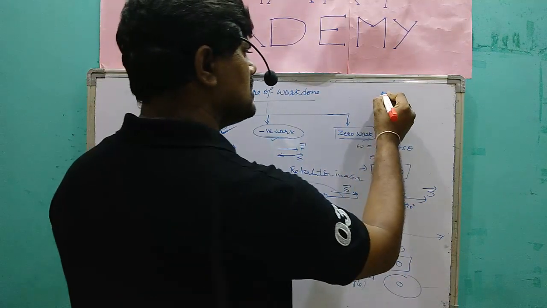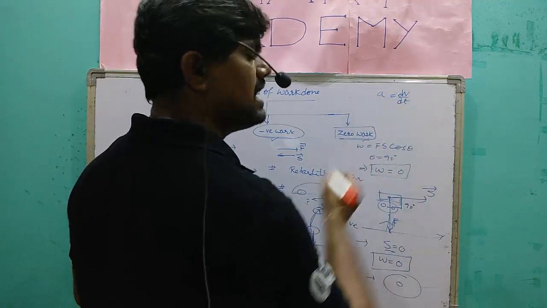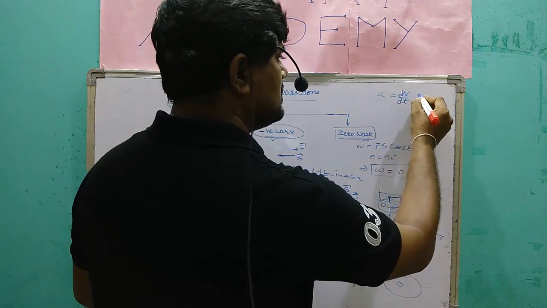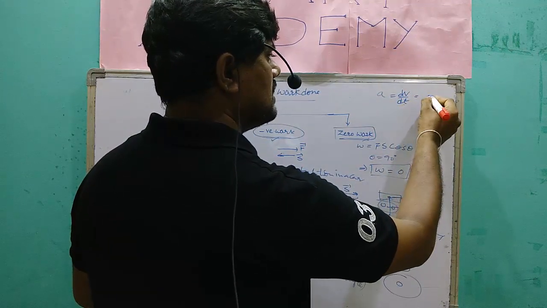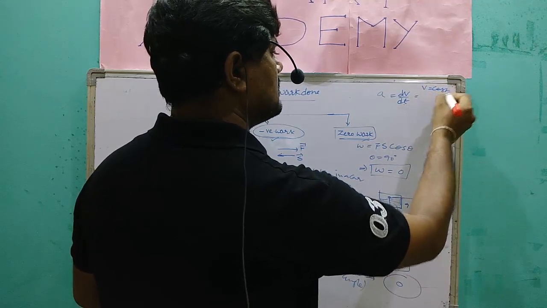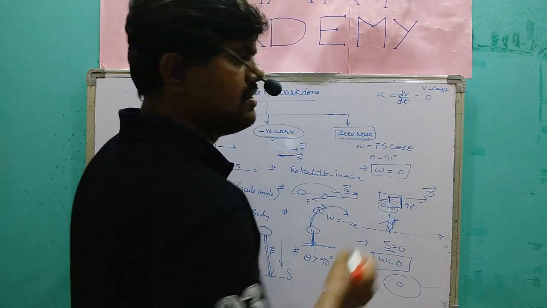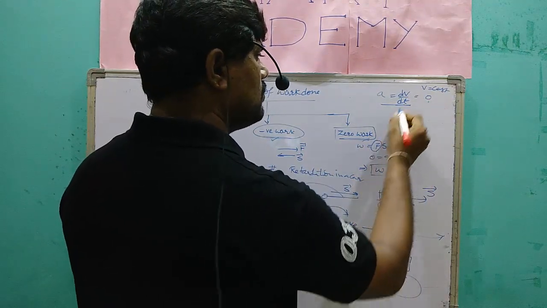What is acceleration? a = dv/dt, the rate of change of velocity. When velocity is constant, differentiating a constant with respect to time gives 0. So v is constant, and acceleration becomes 0 here. When acceleration is 0, then the force, force equal to here